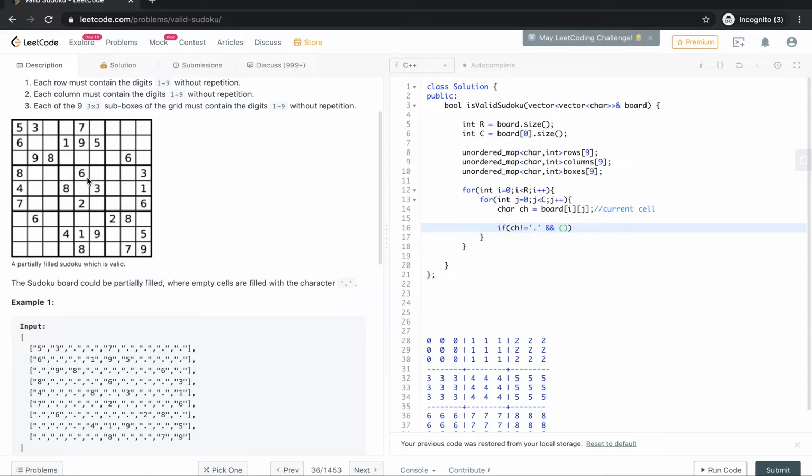So for that, what we'll do, if rows of i, which checks for the rows, and ch plus plus is greater than 0, which means that before incrementing, since this is a post increment, right?